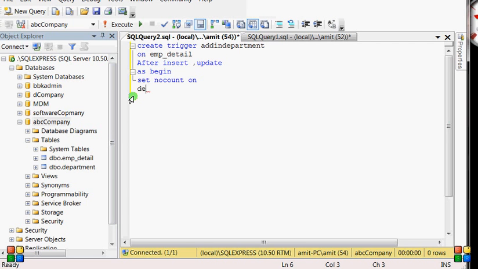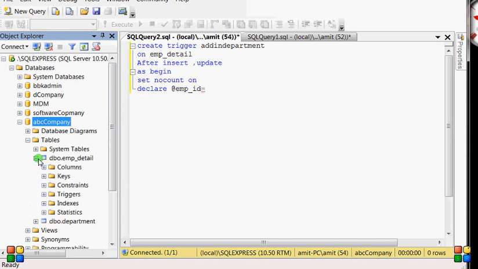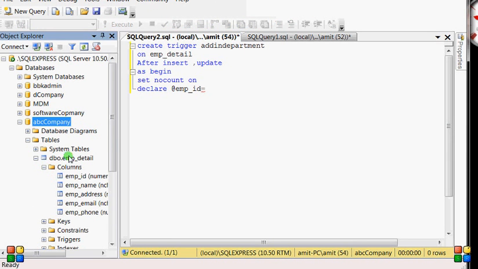And declare a variable employee ID. Declare employee ID equal to the column name, which is here in employee details.